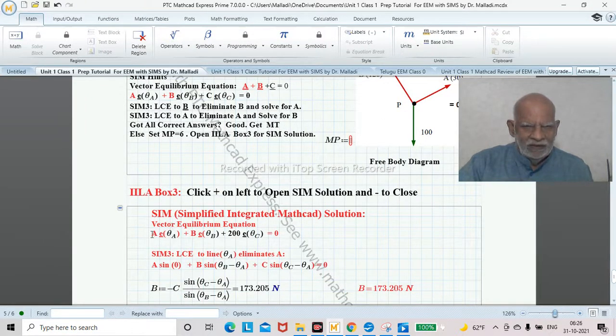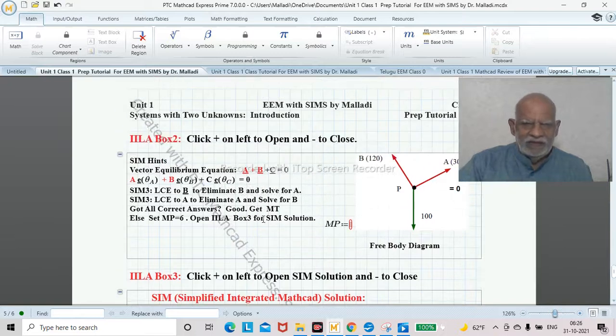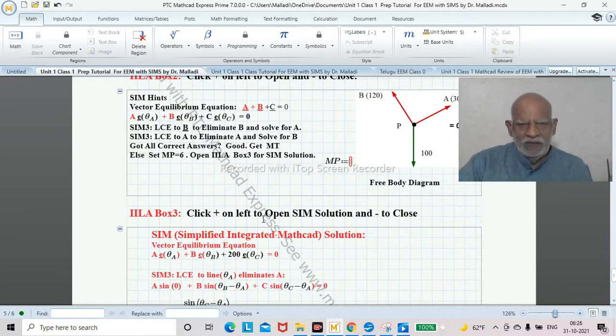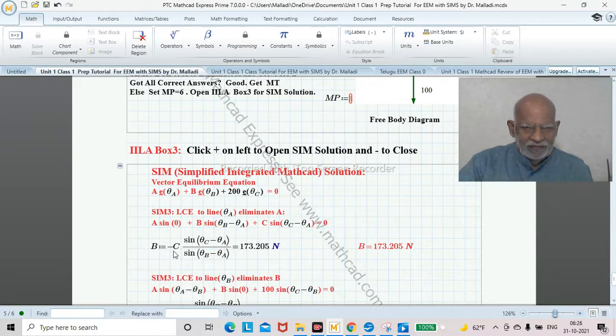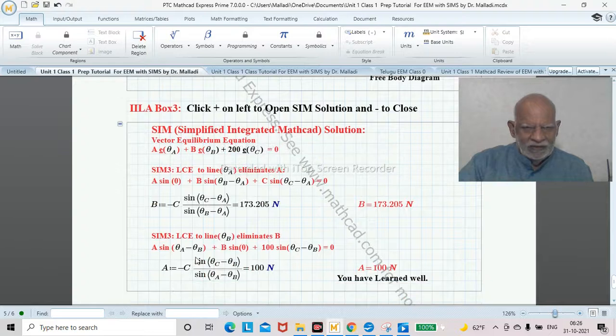It won't give you the data because the data was given already earlier, so you don't have to keep on repeating the data. If you put the data, it is there for the problem. Then the perpendicular component equation, that means you are subtracting, so I gave the equation for your reference. But in the examination you don't have to do all these things, you can simply type it and get the answer. Now b is equal to minus c, all these things. And you got the answer. So you don't have to do it here, you can directly get it here itself. Similarly, I removed b, then I got a. So in whatever order you want to do, you can do it.